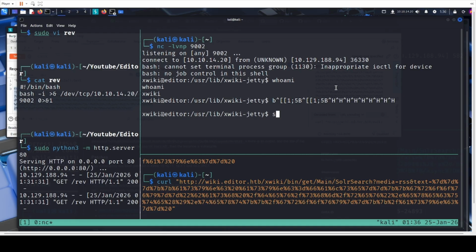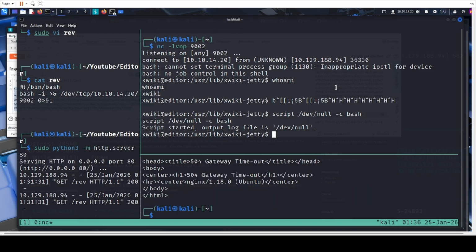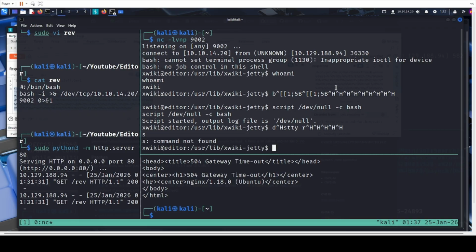So script that no, I think this, so that tricks the system into thinking we are in a proper terminal,